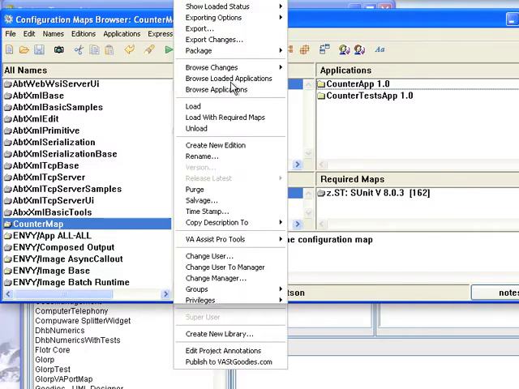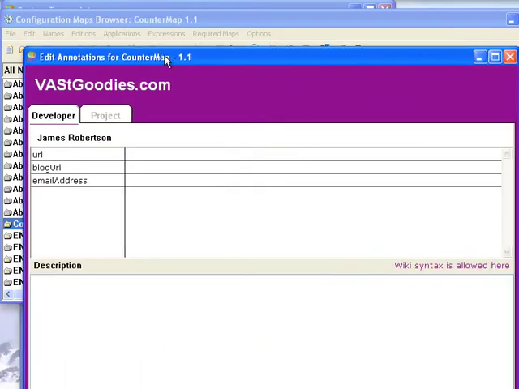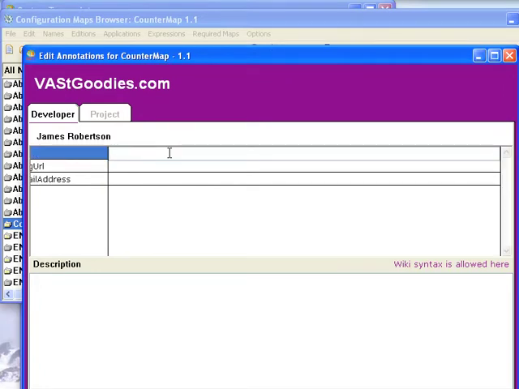If you right-click here, you'll notice all the way down at the bottom of the menu are two options: Edit Project Annotations, and Publish to Goodies. You want to do this first one first, because this gives the information to the site that is of interest to them. So I'm going to go here to the URL. I'm going to put in my URL,